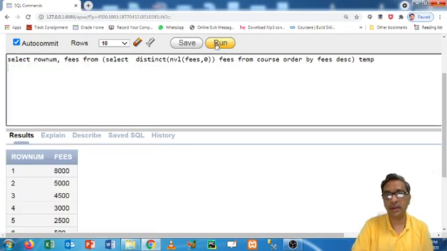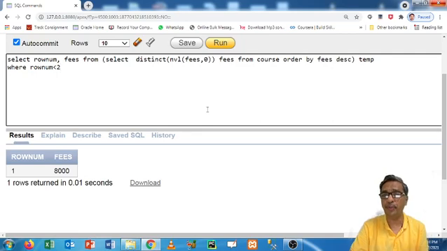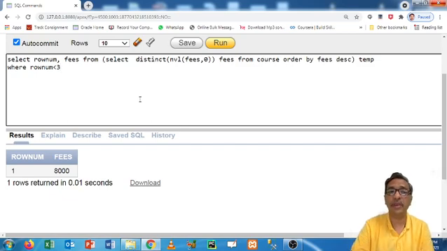So now this ROWNUM is going to play an important role for getting the maximum. If I want the second highest, I will make here 3. If I make here 1, or if I make here 2, then it will give only the first record. ROWNUM less than 2 gives only the first record. Remember this also. A question may be to find out the maximum fees, or maximum data from this attribute, without using the max keyword. Then this is the way to find it. So ROWNUM is less than 2. We want the second highest, so I will make here ROWNUM less than 3.